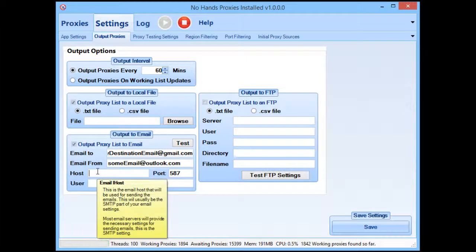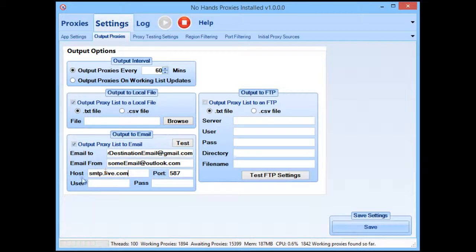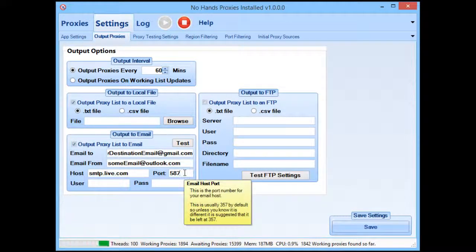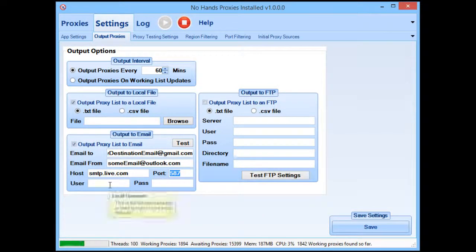If you hover over the host, it will tell you the SMTP part of the email settings. So if you're unsure of what they are, smtp.live.com is the server for Outlook. The port on nearly all email hosts that I could find was 587, so I'd leave the port at 587, and then you'd put in your